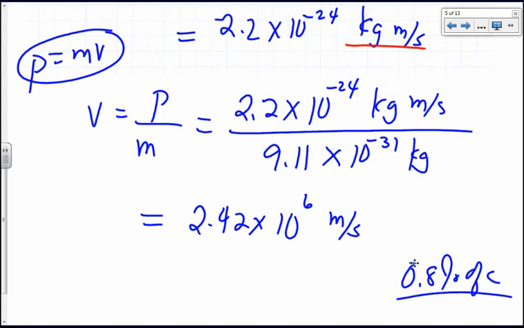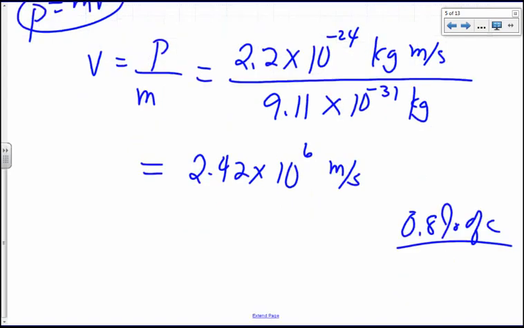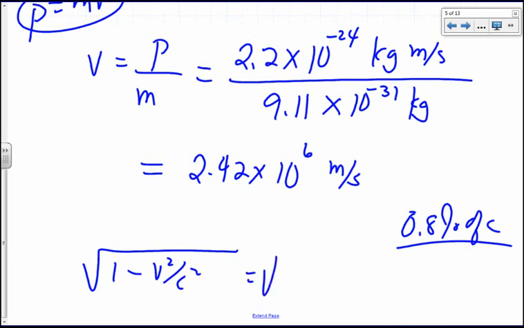So that's kind of a low speed actually, so that's going to be a negligible correction. Because what was the correction factor you're going to have to do? 1 minus v squared over c squared, right? So if you make that correction, that's 1 minus 0.008 squared. So you're not going to be off by much. But if you are close to the speed of light, you may have to do this correction factor.